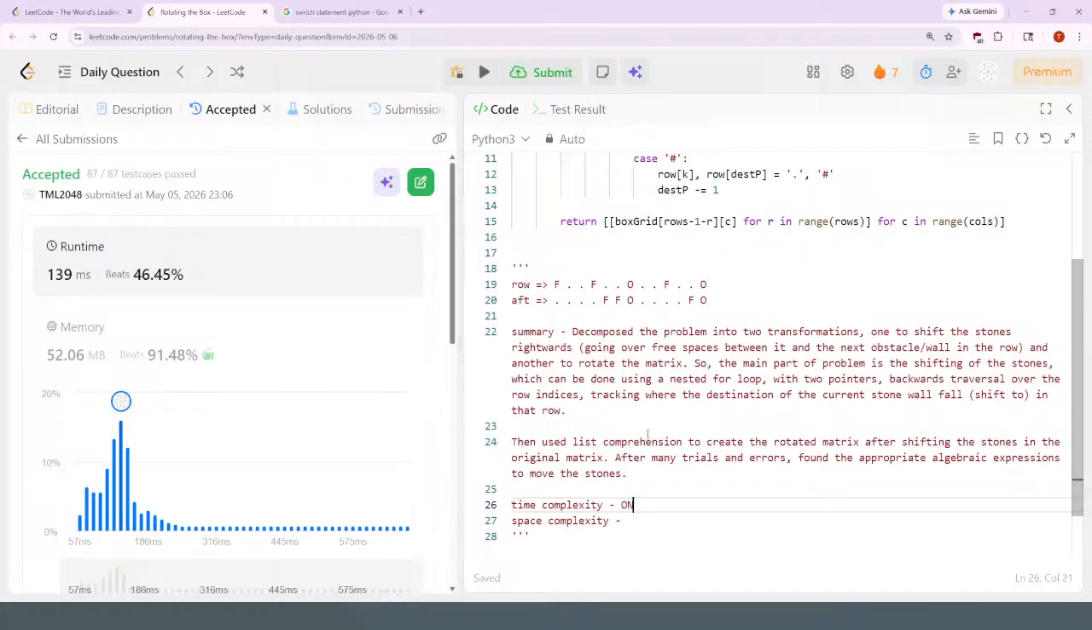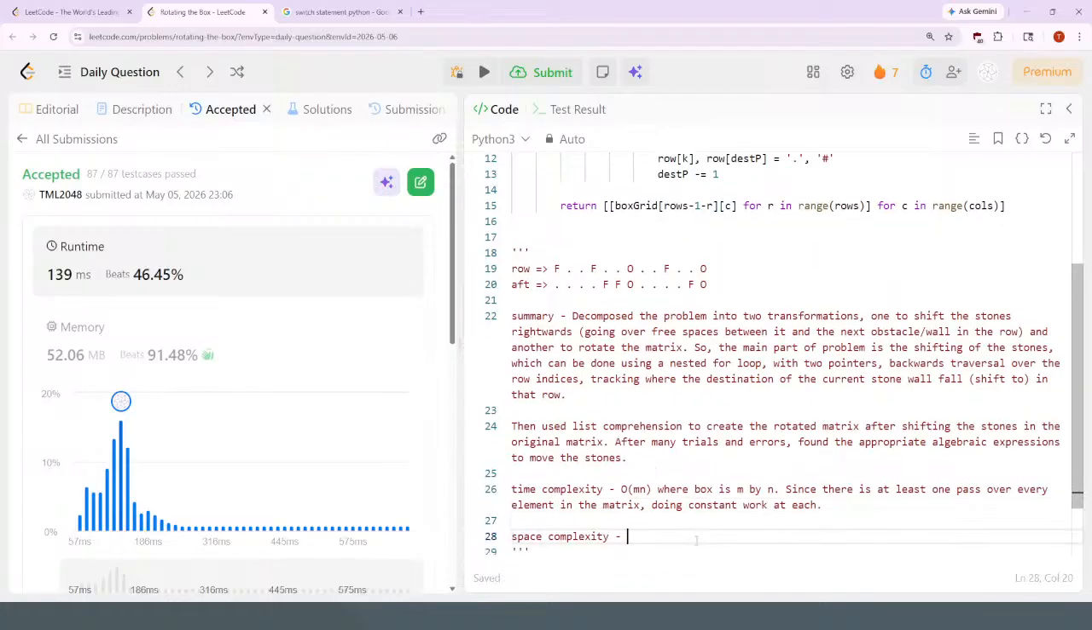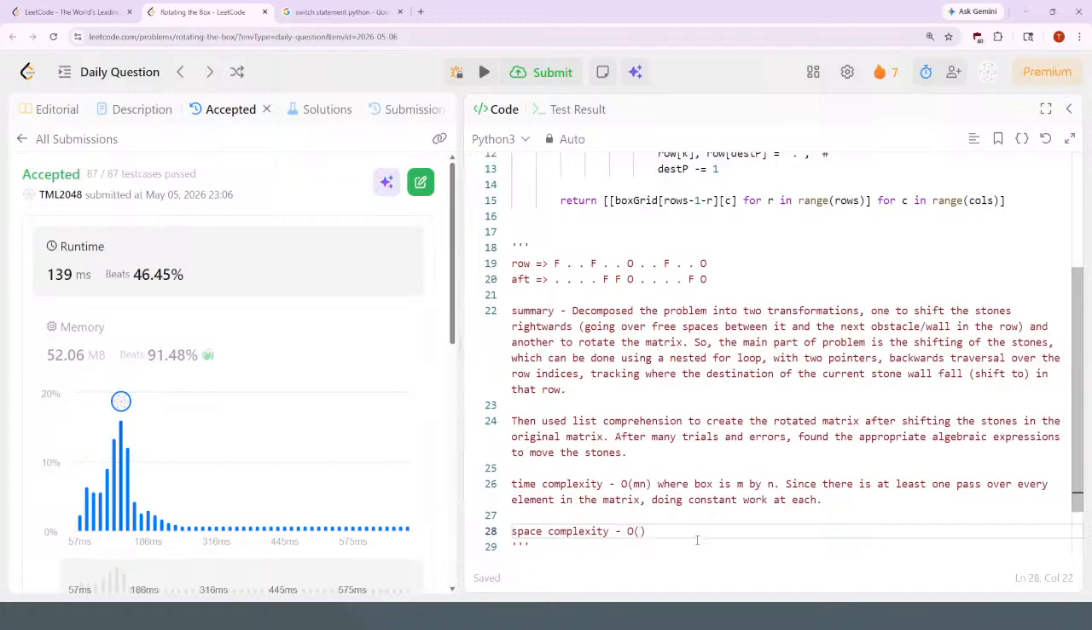Time complexity is O of mn, where box is m by n, since there is at least one pass over every element in the matrix doing constant work each. Technically, I did 2 passes, but it's still O of mn. Space complexity, this is O of 1, since no extra space is needed. Alright,